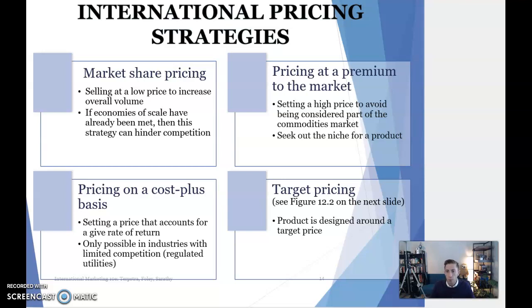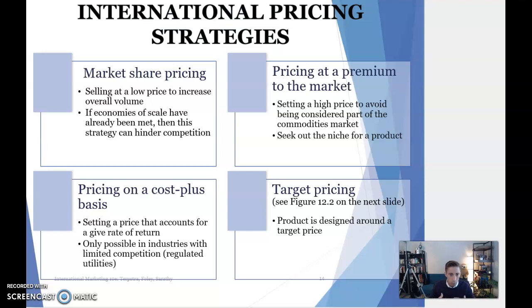Target pricing is where we design a product around the target price. Or another one, reverse engineering. We revolve the price or the product around the consumer. For example, IKEA is famous for reverse engineering. Canon is famous for reverse engineering their portable printers. They start with the consumer. What do they want? Target pricing is another way to say, we want to do it at this price. We know our consumers yearn for it at this price. The market's telling us, consumers are telling us, and so that's our target price. Can we make a product that meets that need?